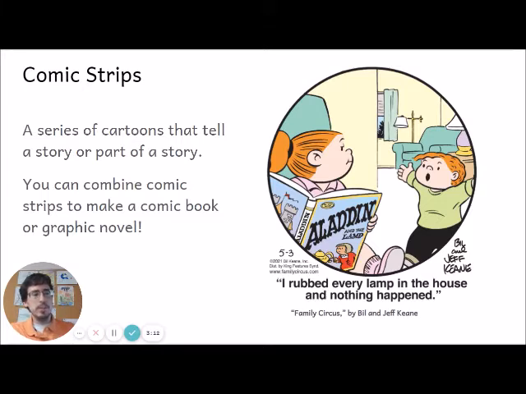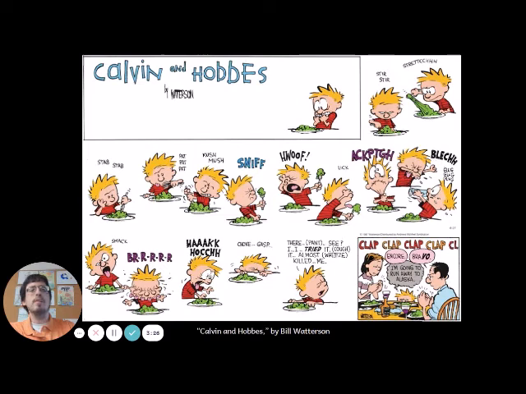I'm going to show you some examples of other comics, some different types. Some are going to be more realistic. Some might be things that we've even experienced this school year, and then we'll be thinking about how we're going to do our own. So this is one of my favorite comics, Calvin and Hobbes by Bill Watterson. Bill Watterson made tons of comics about this little boy Calvin right here, and he's got a stuffed animal tiger named Hobbes who he goes on a lot of really cool adventures with.